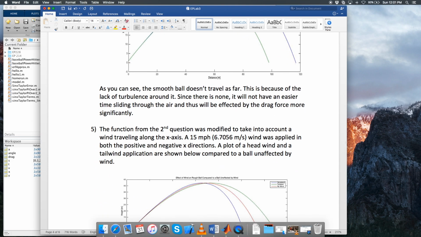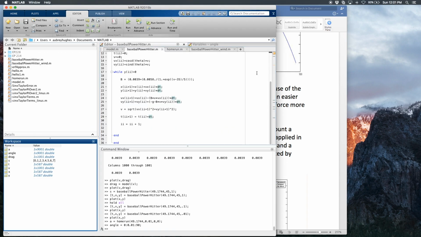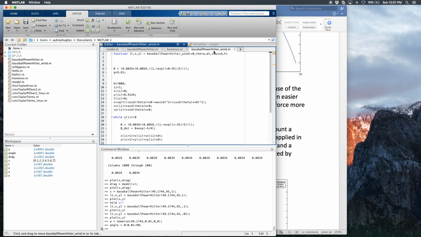For the fifth question, it is asking us to include the effects of the wind. To do this, it may sound a little confusing because they give you this v equals the magnitude of v minus v wind as vectors. It's not actually that difficult. We can set